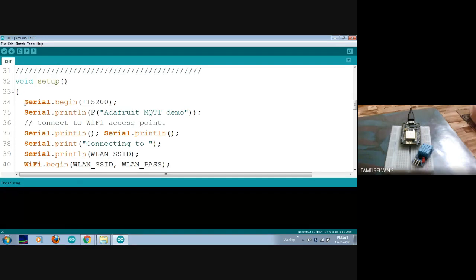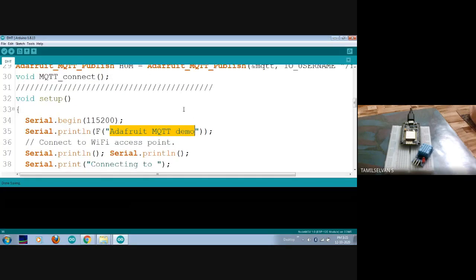And for seeing the communication between my controller and the computer, I'm using a serial monitor. I'm going to start my serial monitor with a baud rate of 115200. This baud rate can be anything like 9600 or higher, 96000 also I can use. But for your NodeMCU, this is a very good baud rate and it will work well. You can use 9600 also, but for NodeMCU just use 115200 as the bit rate. That's the best one. And next one is your Serial.println. I'm just printing that my Adafruit MQTT program has been started.